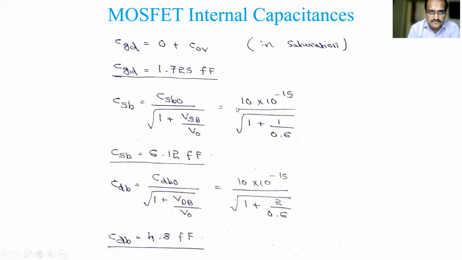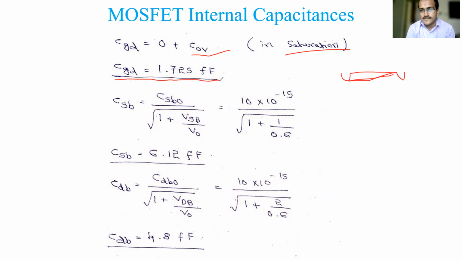So similarly, the next capacitance value is CGD. Okay. In the case of saturation, gate to drain, because of the tapered shape, we explained yesterday, there are two N plus regions. One is source and one is drain. So at the drain side, it will be pinched off, right? So the channel will take a V shape like this, right? Because of that, the CGD value is 0, we told yesterday. But since we need to add the overlap capacitance to that, it is 0 plus COV in the case of saturation. So the same COV value you have to put over here for the gate to drain capacitance, which is 1.725 femtofarad.